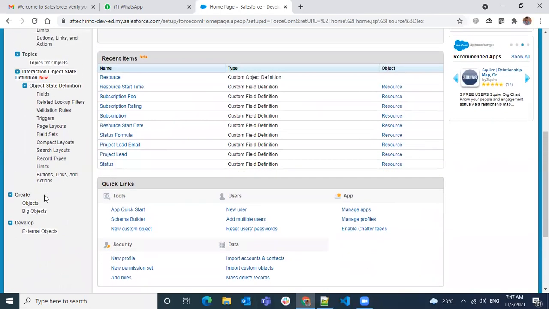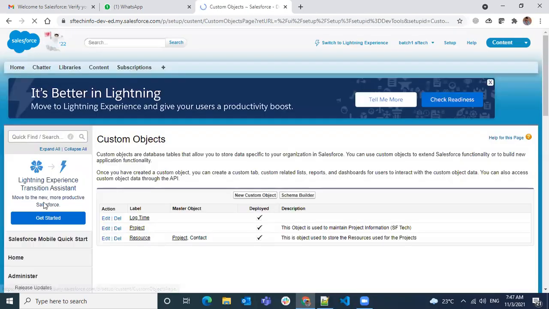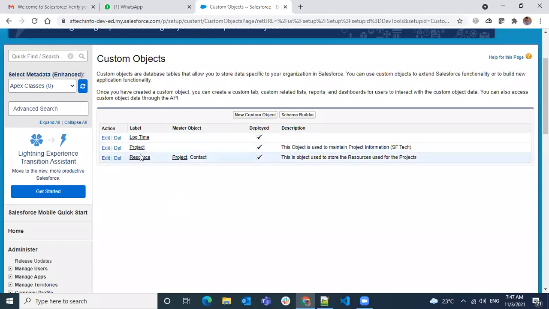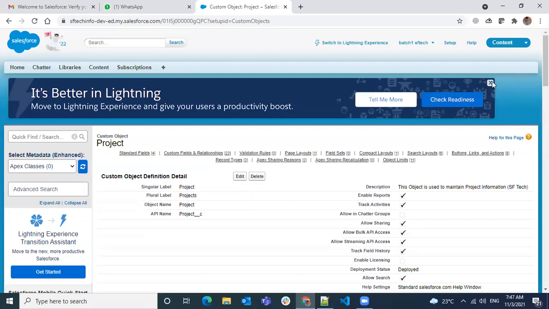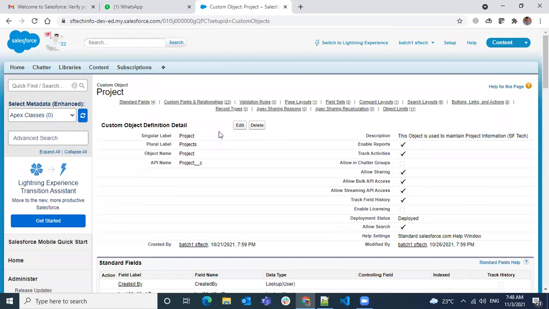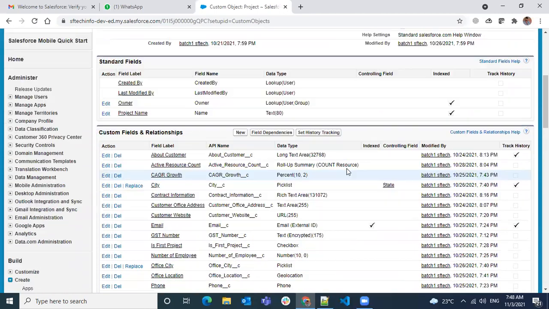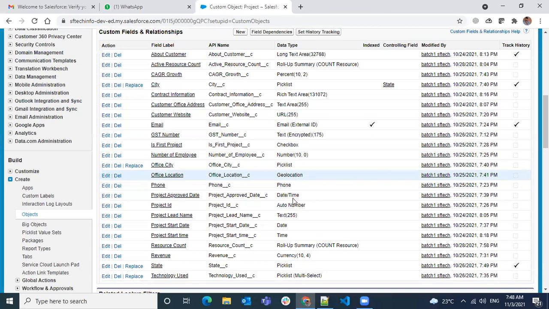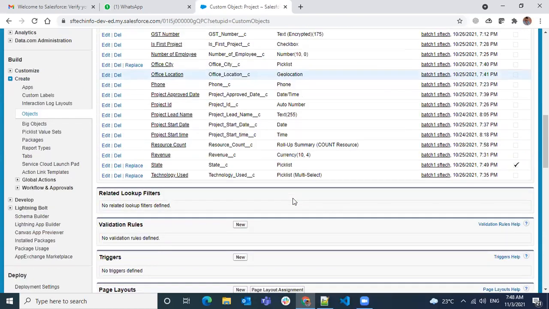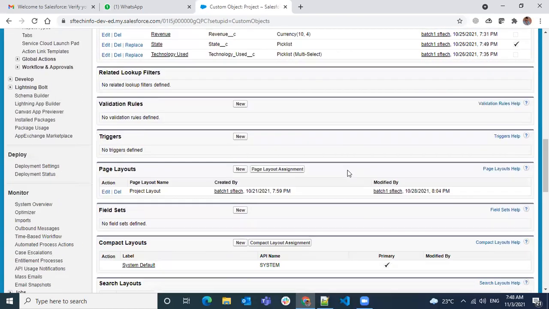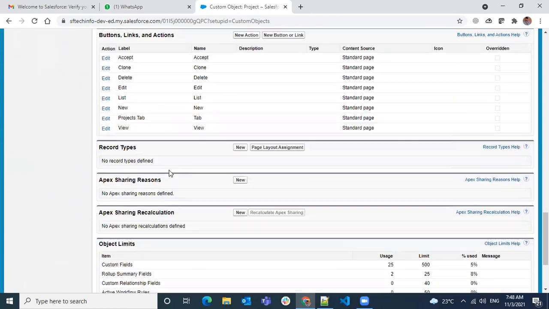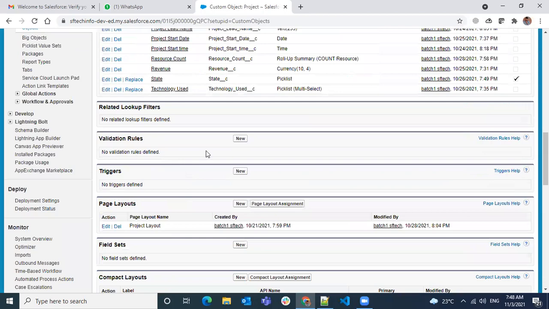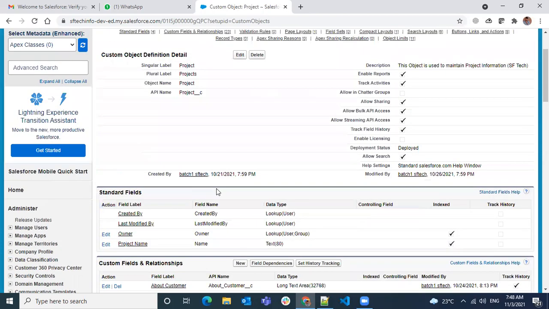If we go to custom objects, you see the list of custom objects. Here you need to select the project and the fields. The UI that you see is all a bit different. You see everything about the object and field related information. You see more information compared to Lightning here. When you have fewer fields, you feel that it is somewhat easier to maintain, and you see everything on one page only. In Lightning we also see it on one page, but they are grouped and split into a sidebar.